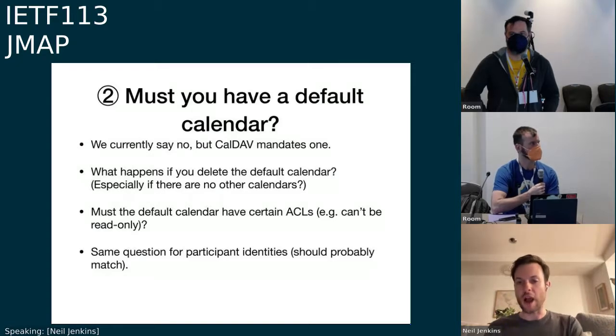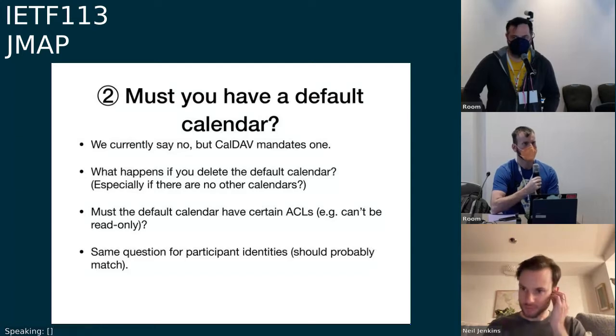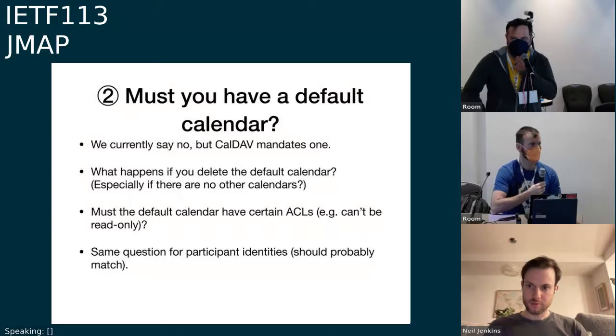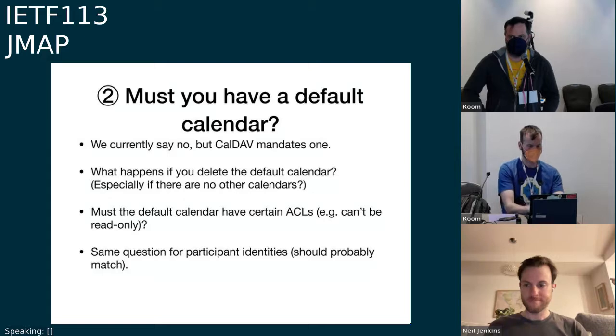But then there's the question of what happens at that point, and I think you need to specify that. From IMAP experience, there are certain operations that allow multiple outcomes, and having multiple outcomes is more difficult for clients to code for. So if you can decide on one, then you either don't allow deletion, or if it's deleted, it can always be recreated, unless there are reasons not to.